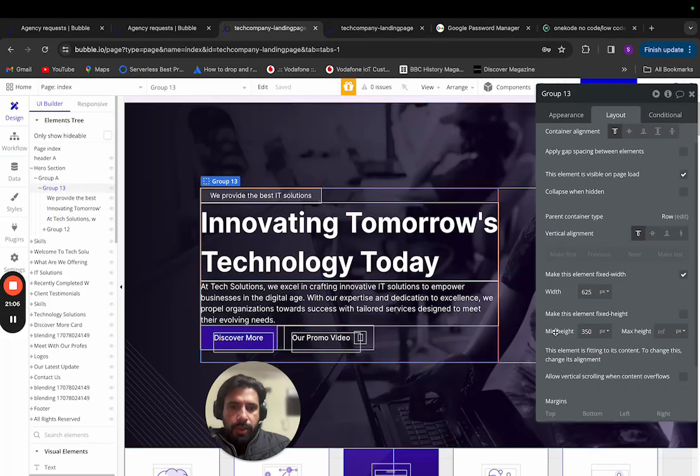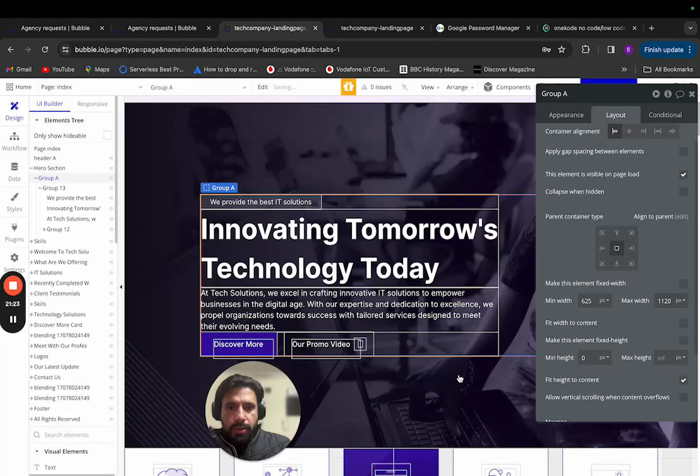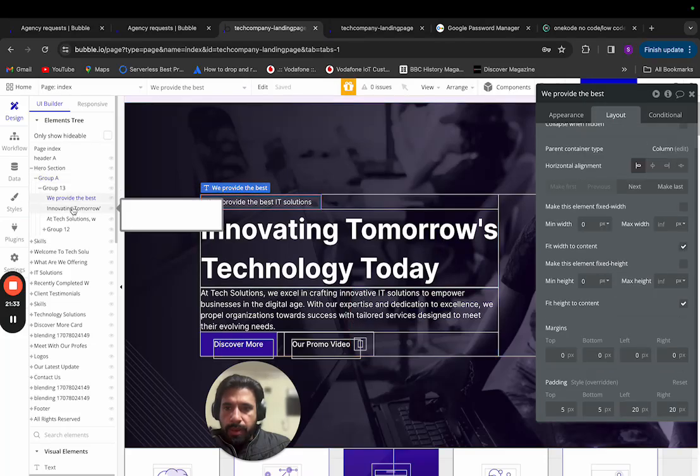Now if we talk about minimum height, as I said, it should take its height from its content, and so should this component as well. So I'm going to remove the height, so this is fine. Minimum width, we set it to 625, which is great. It doesn't really matter in this case. Then we have